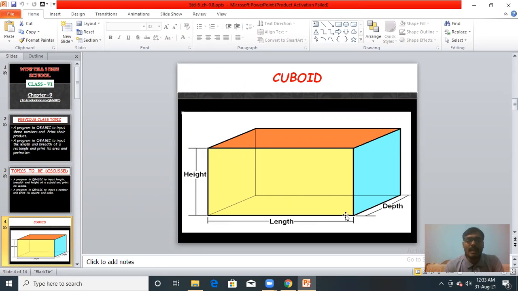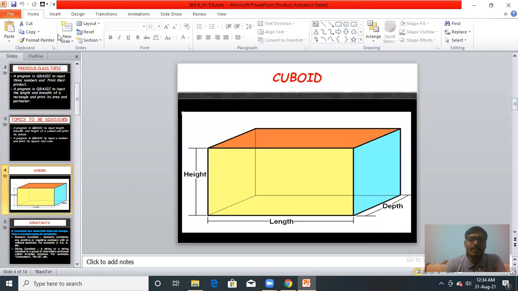This can be a tank, a wooden tank or a tank made of plastic or concrete. And what is the volume? How much water it contains is its volume. Understood? So you have to find its volume. Do you know the formula for finding the volume of a cuboid?